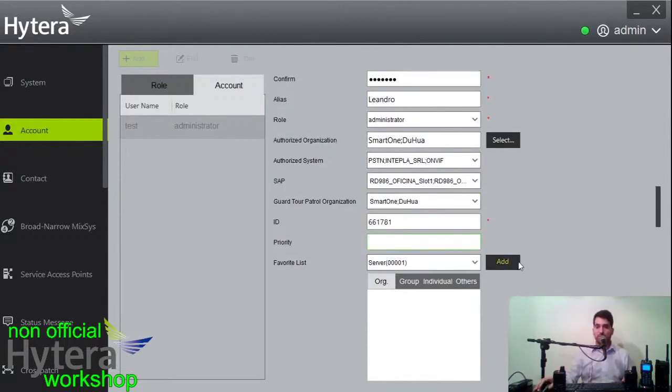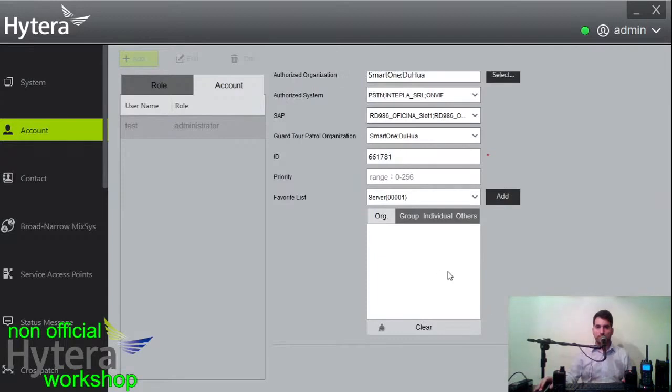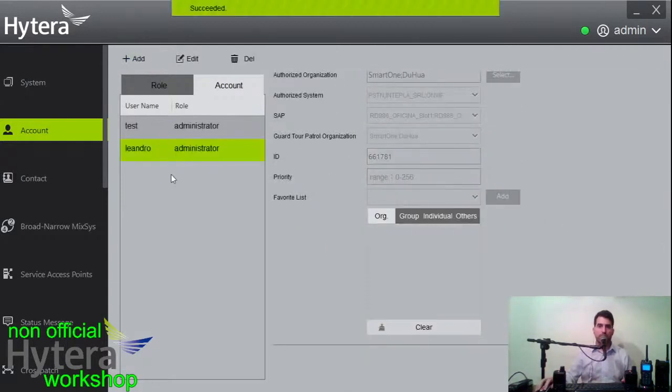The priority is not necessary, and this other is right. It's like here. Okay, I'm going to click save, and as you can see, I just created another user